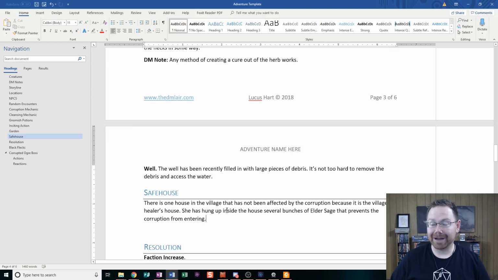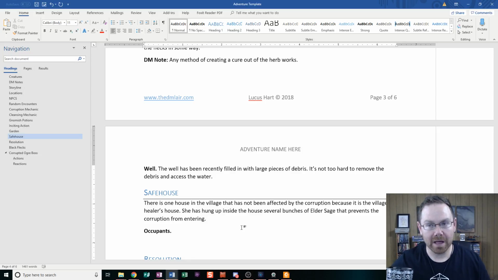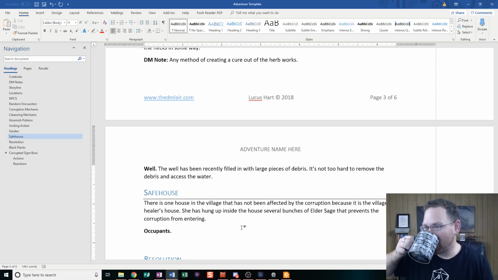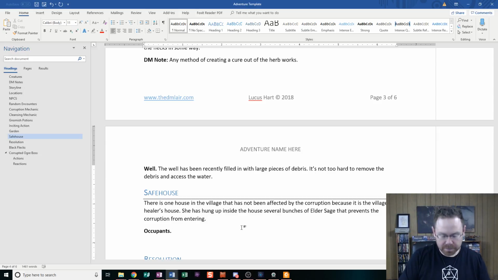So this safe house is where the village elder lives, and she's got elder sage hung up in there, which is why the corruption hasn't gone into there. So we will say occupants. At some point, they're going to have to come across Pit and Pop's family, and they could be corrupted, and they'll either kill them or rescue them and set them free. So the occupants of the safe house are,